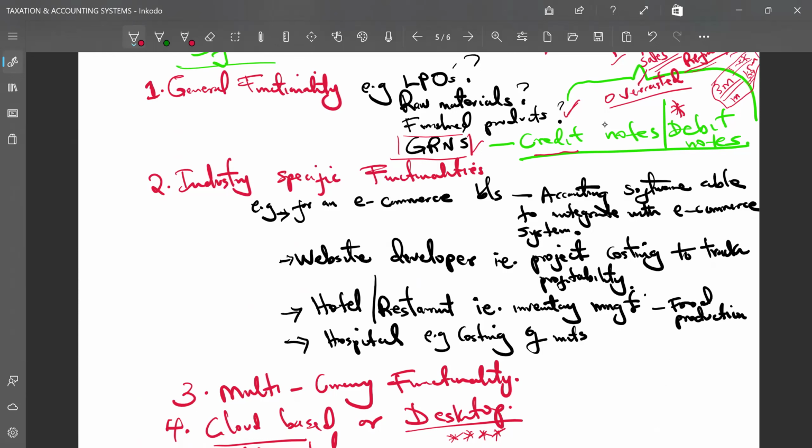What functionalities are you looking at? What is the suitability of the system? Remember, when you approach these people selling these business systems, they will not tell you that their system is not fit for your industry. They will not do that. You will ask yourself,